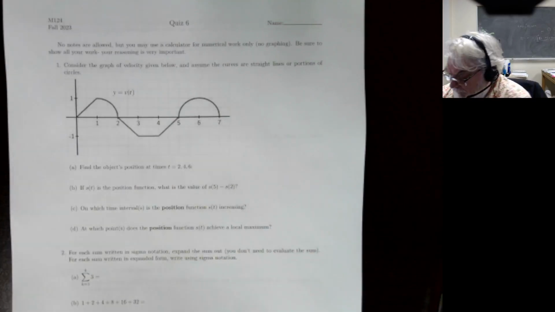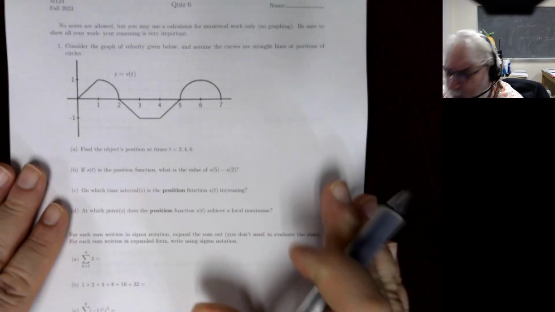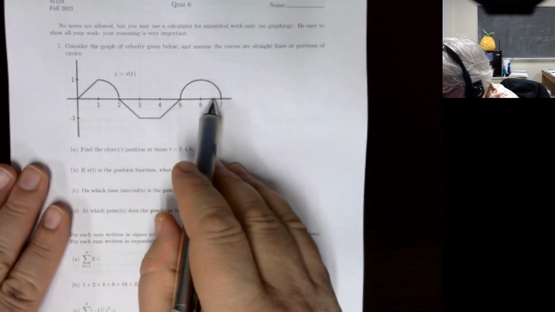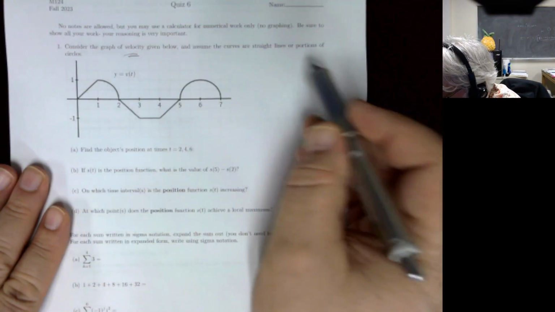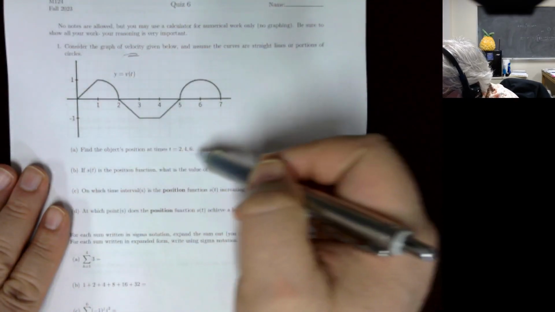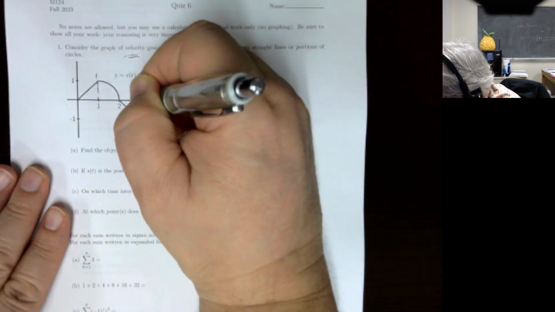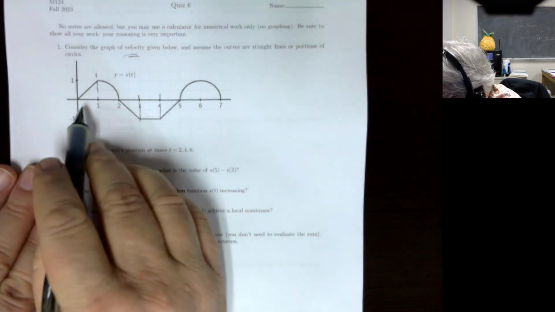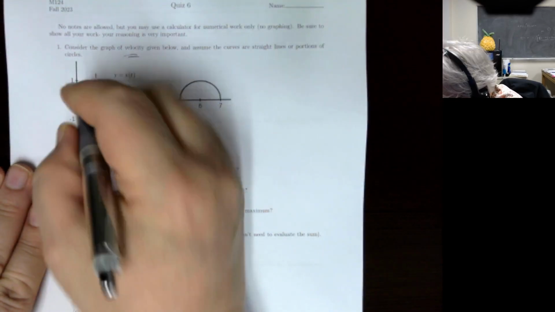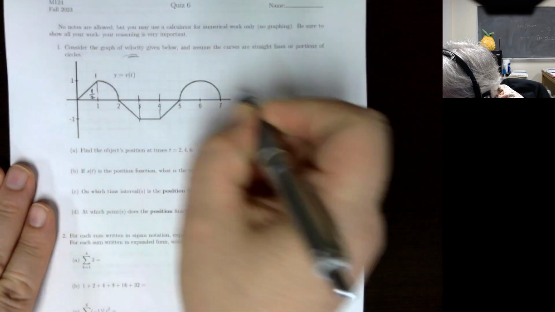All right, so for the first one, we're going to need some areas, right? So this is our function v of t, our velocity function, and we want to find some positions for this. So let's just go ahead and figure out what all these values are here, these areas. And so this is a triangle that's 1 by 1, and so the area here is 1/2. And this is